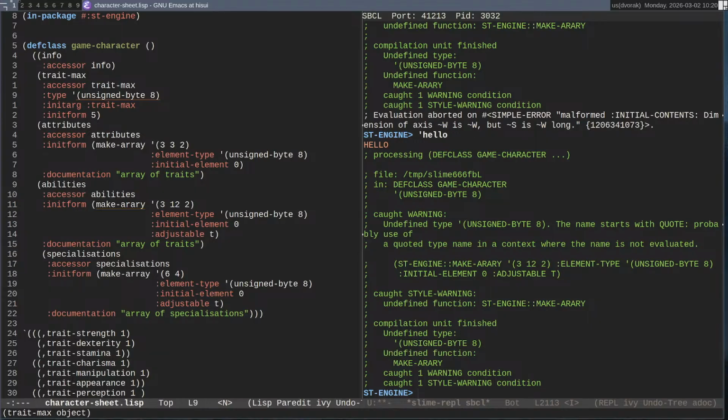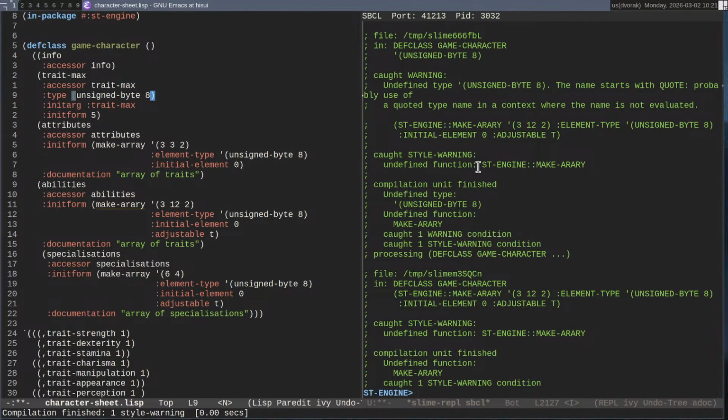So, caught warning. Undefined type. Unsigned byte. The name starts with quote. Probably use of quote. Okay, so do I do this? That's one less warning, I think.